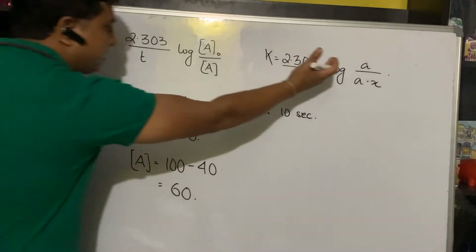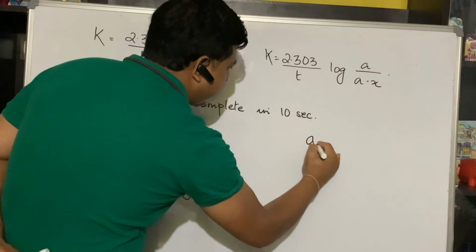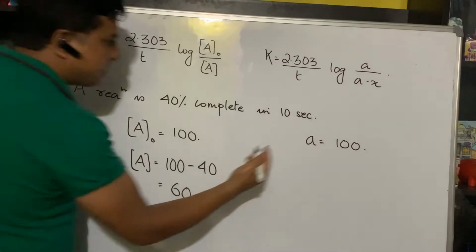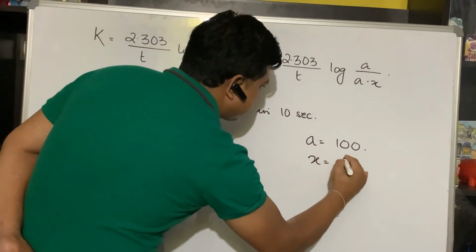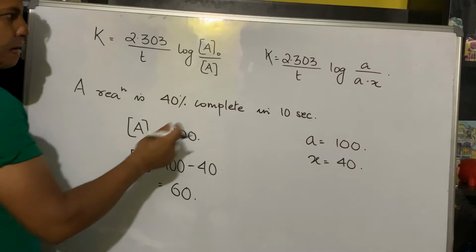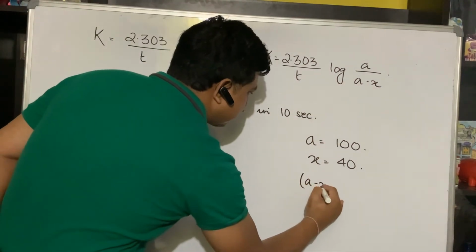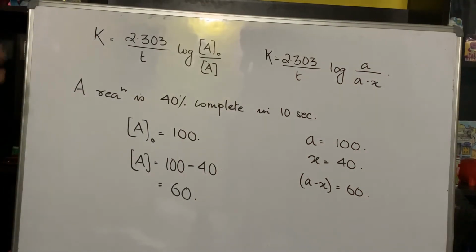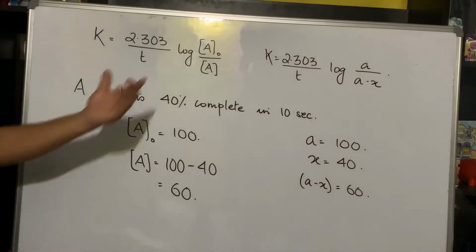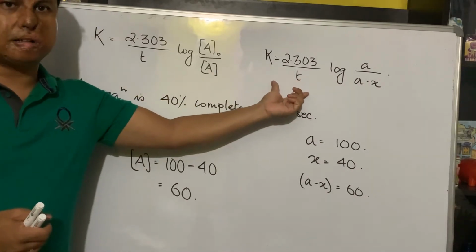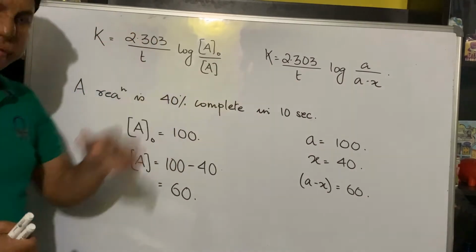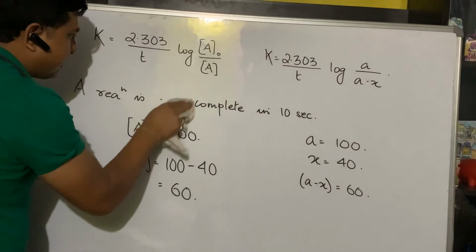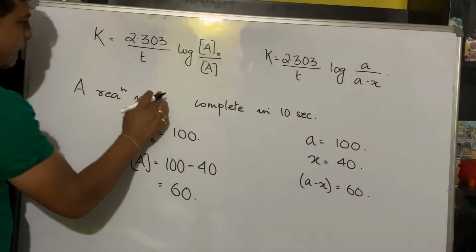Now in terms of this, again the initial concentration I'll take as 100. Same thing, 40% complete means what is the concentration of product formed? 40. So what is the amount of reactant left now? A minus X. It will again be 60. You need to understand this. Either you can start with this equation or this equation, it doesn't matter. The significance is the same. Fine. Now again, if the question says a reaction is say 99.9% complete.